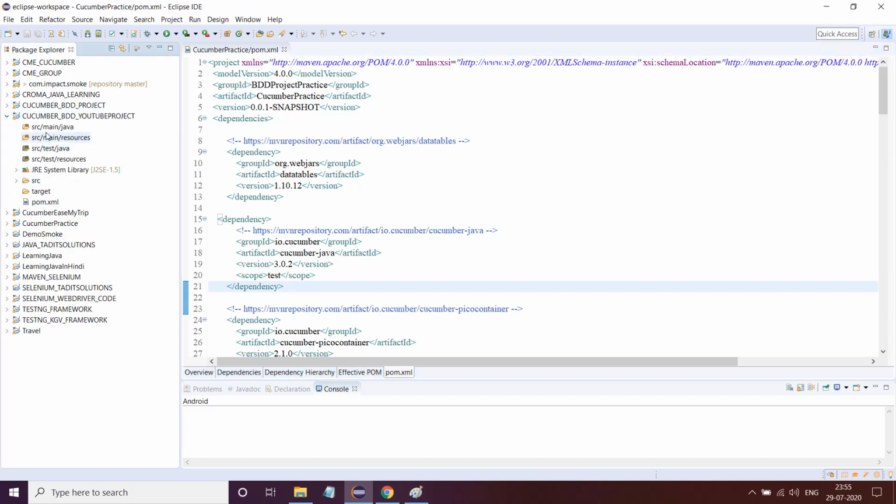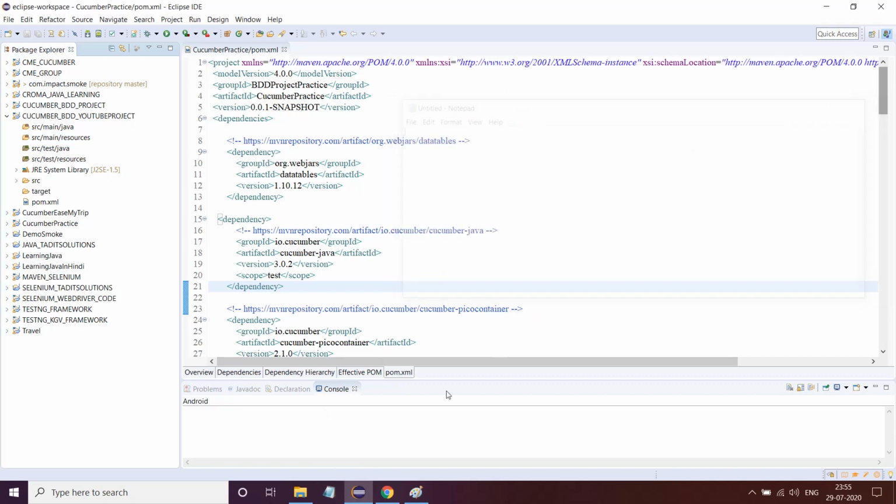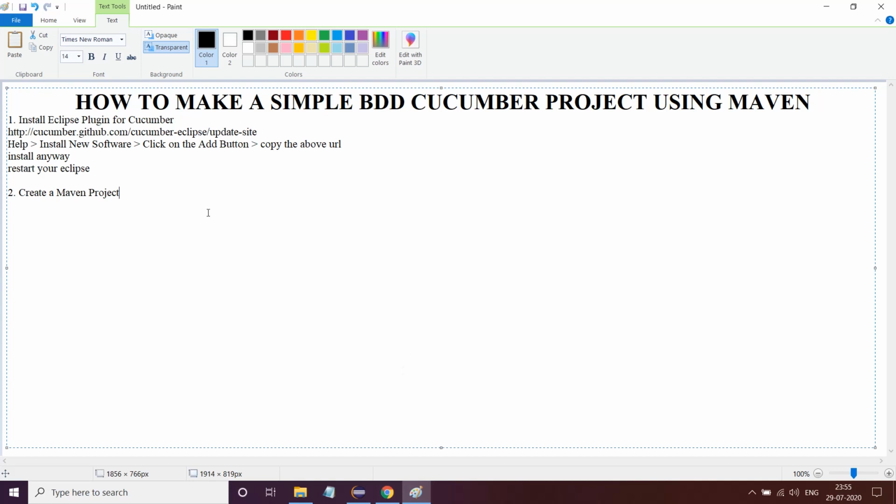Once you are done with creating the Maven project, the next thing you need to do is add Maven dependencies in pom.xml. And which dependencies are important? Please make a note of this.